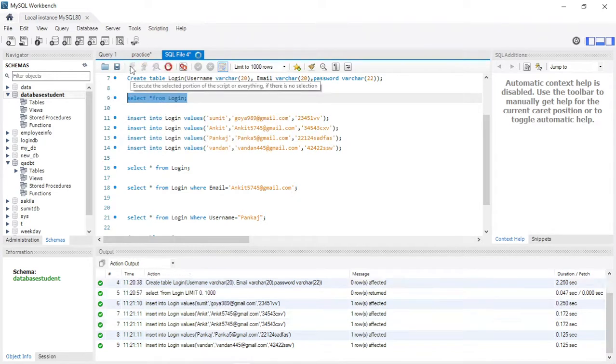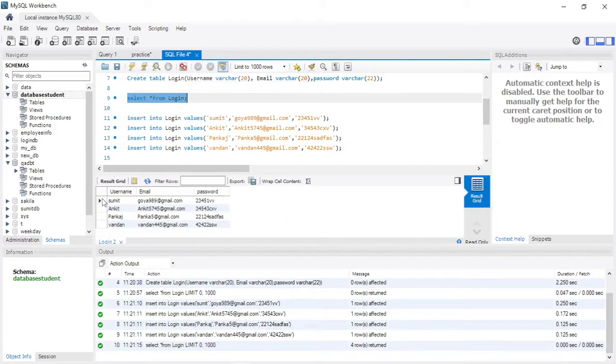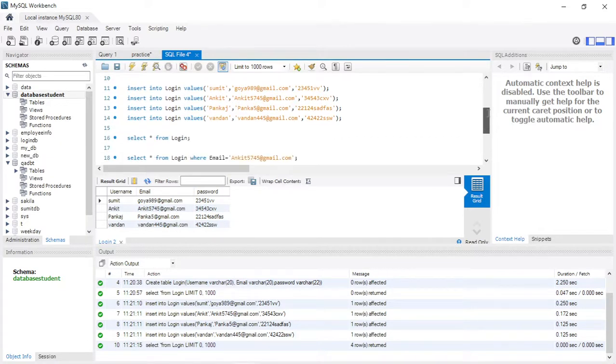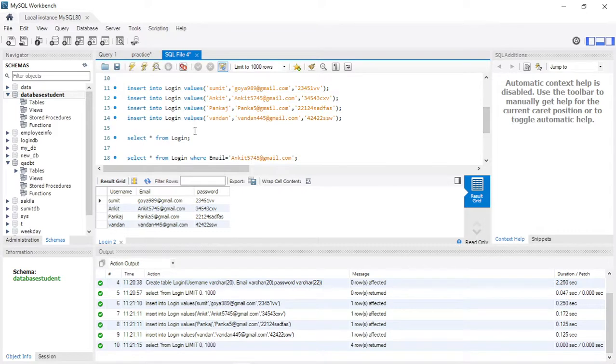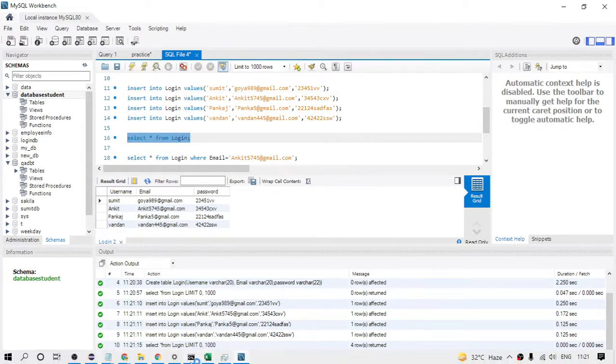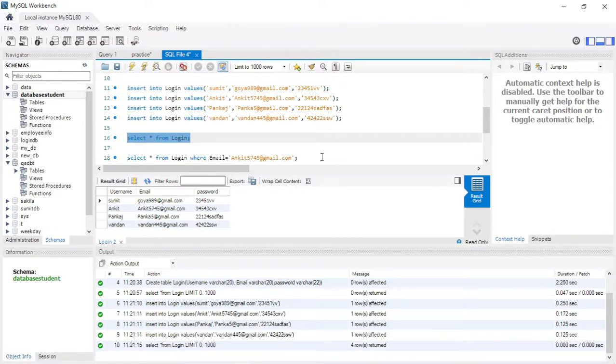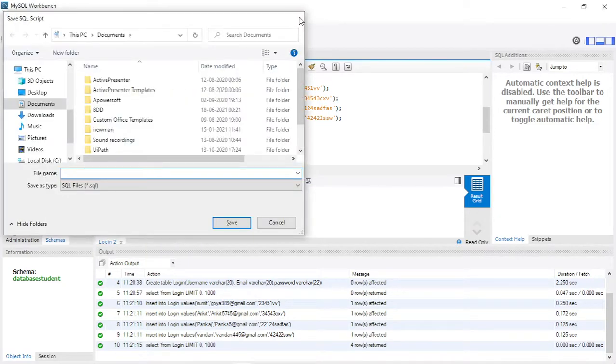Now if I select it again, this is the dummy data I am going to use so that we can see how we can fetch the data. If you select this one, you are going to get this output. This file I will share with you, so you can also create the database. You can add some more values if you want. Now I will save it. Okay, saving is not required.